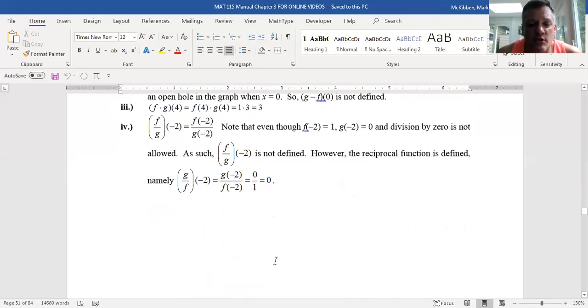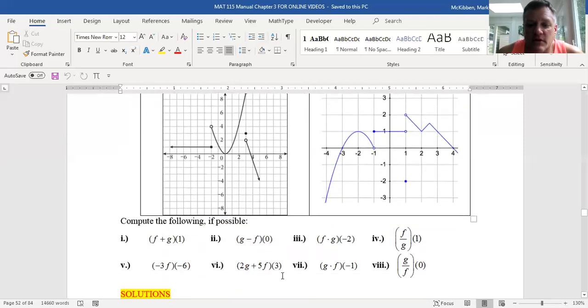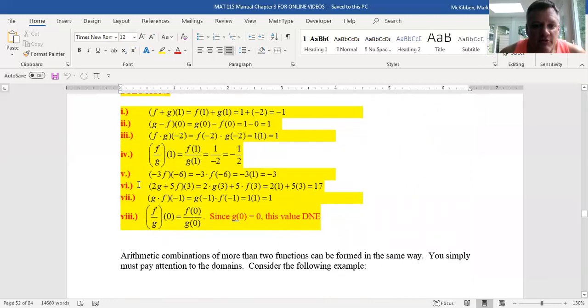All right, so the next one is your turn on this. I give you these graphs, and I want you to compute several values. Right, so go ahead and try those and see what you get, and then check yourself afterwards, and I'll talk about a couple of the more different ones. All right, so for 5,